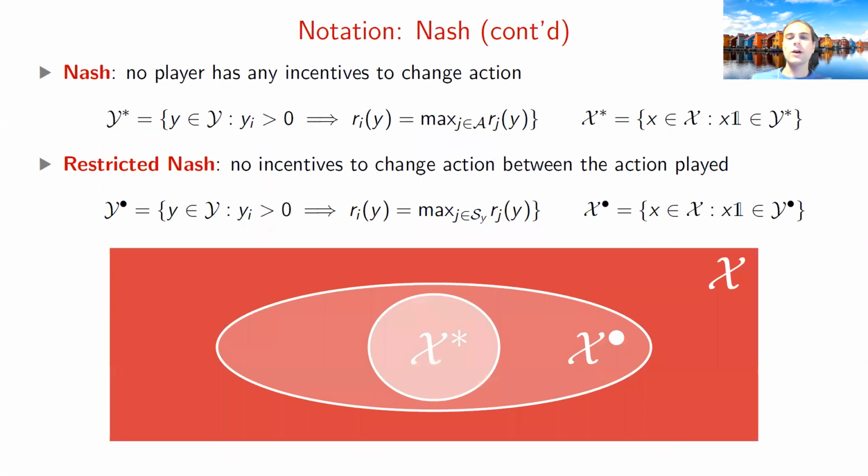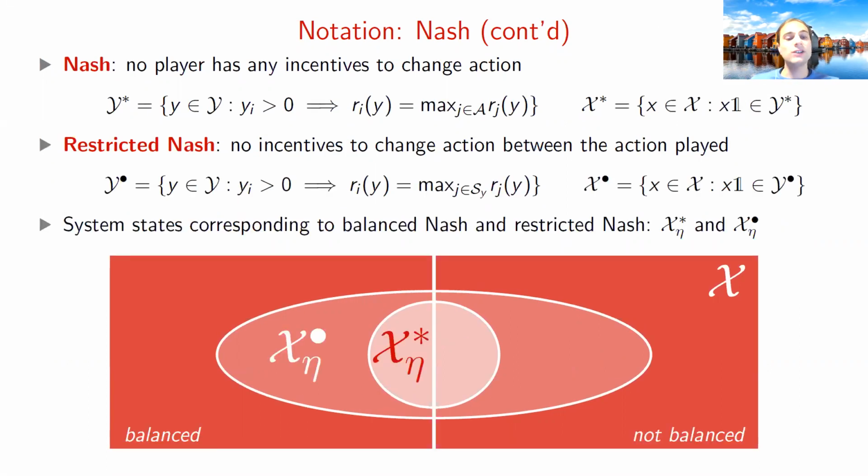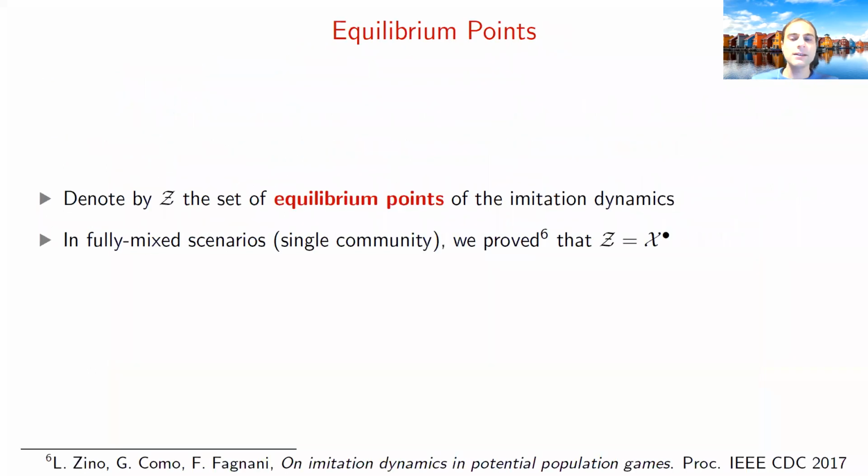Okay, so we have defined Nash equilibria as a population state, but we can, in the same way, define Nash equilibria as a system state X corresponding to population states that are Nash equilibria. And we do this because we have previously defined the notion of balance system state, and so we can define balanced Nash equilibria and balanced restricted Nash. Okay, we have introduced the notation we need to study the equilibria of these dynamics, and so we can move